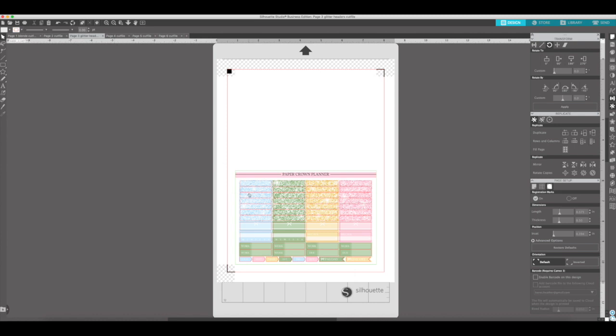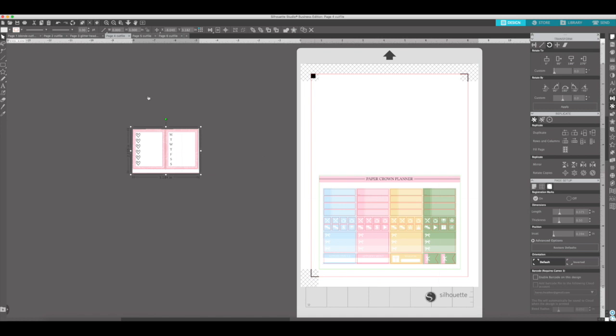Page 3, I do want to print all of this. And I have this, and I still have 2 more pages to go. So this I can go ahead and delete. On this part of page 4,